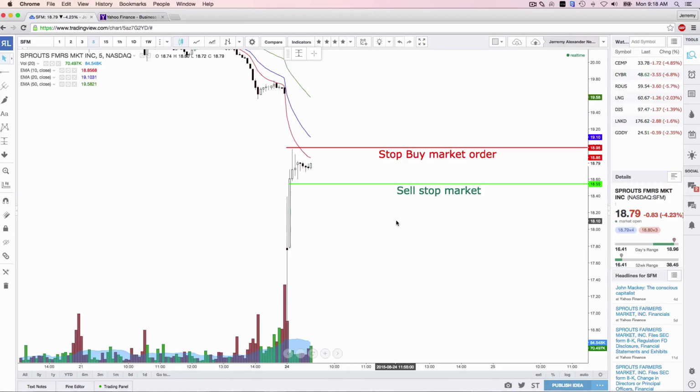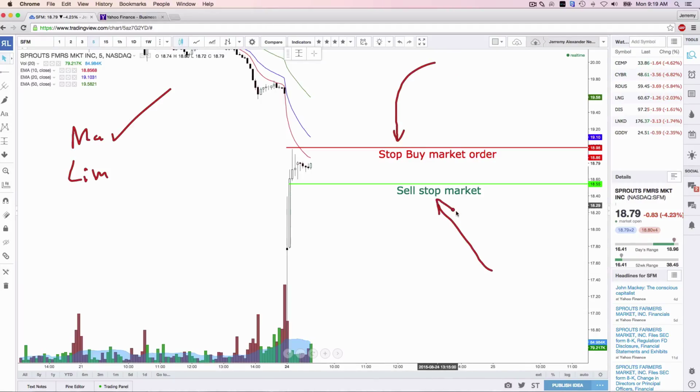Now this is where some people get confused, but remember, you have market and you have limit. So I think we've covered what a market order does, right? You can simply buy it at the market. So you just go in and buy or sell at the market price. Whatever the market's trading, boom, get me in. You can have a trigger to execute at a particular price if you want. Whatever that trigger is, doesn't matter. As soon as the stock hits that price, the trigger will execute. You can also do a stop